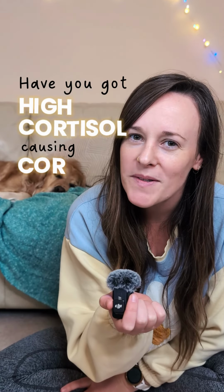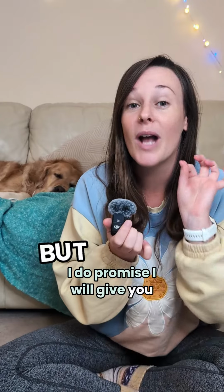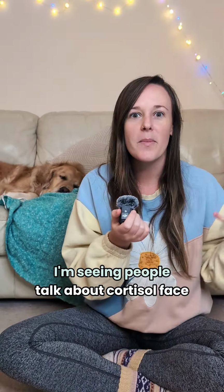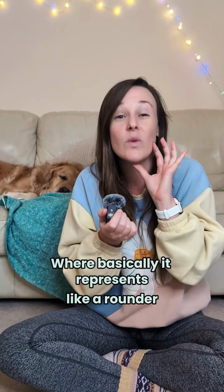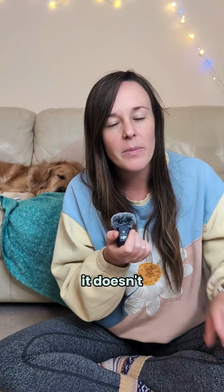High cortisol causing cortisol face. I feel like I'm about to burst your bubble right now, but I do promise I will give you signs you can look for that represent a true cortisol imbalance at the end. I am seeing people talk about cortisol face all over the place at the moment, where basically it represents a rounder, squishier face. And while this does represent high cortisol, it doesn't probably represent it in the way that